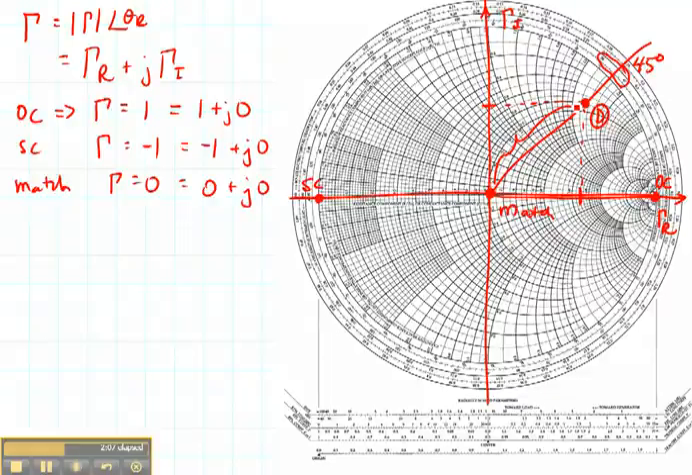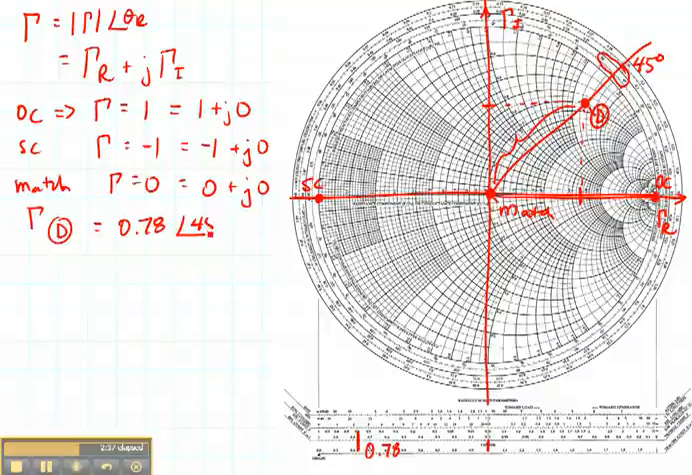We need to find this magnitude, so take your piece of paper and mark right there what the magnitude is. Bring it down here at the bottom, mark the center point, and then mark its edge, just like that. Looks like the magnitude is about 0.78. So, the reflection coefficient at point D has a magnitude of 0.78 and a phase of 45